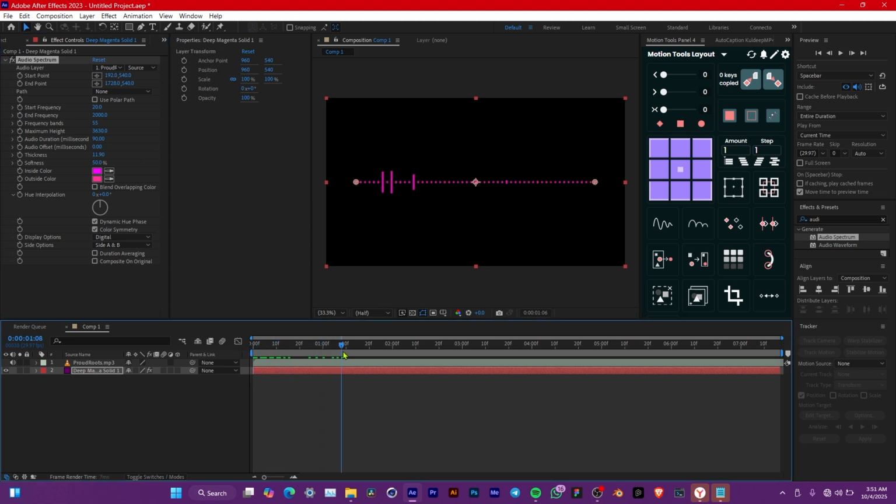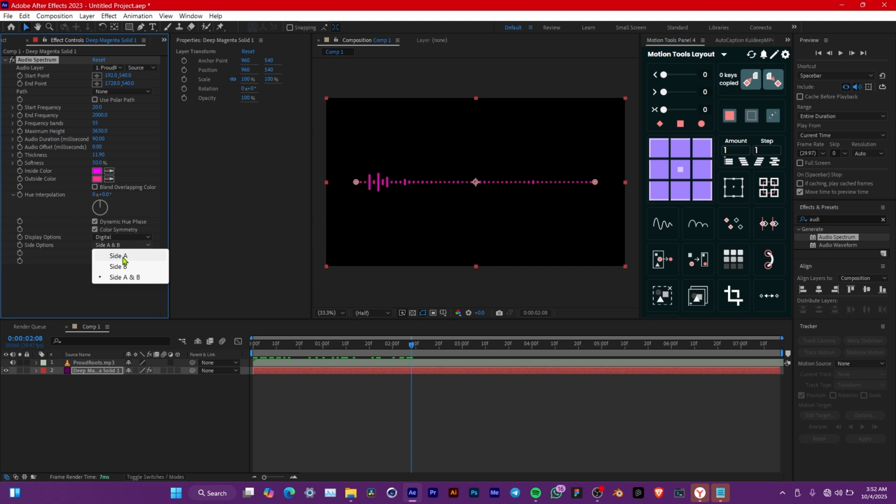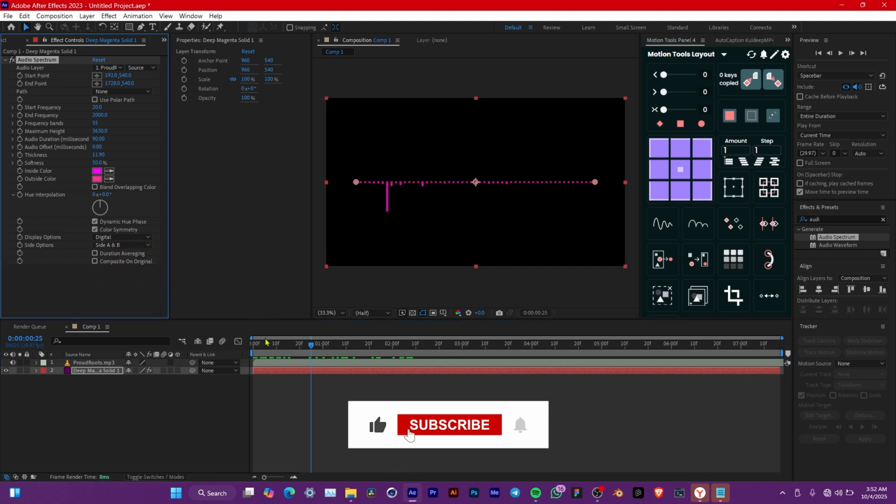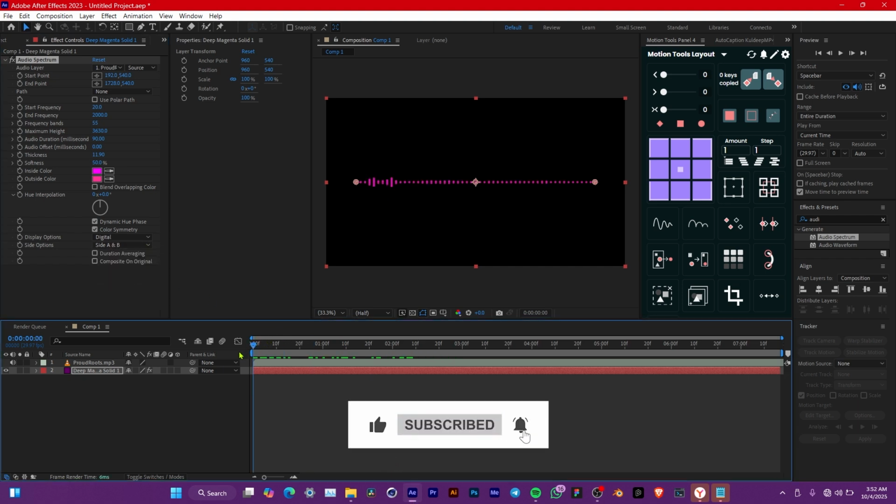So now if you want it to just be the up or the down, you can come to this side and say side A. If you select side A, it will only be the top. If you select side B, it's going to be just the down. So if you want both sides, you do side A and B. So if you play this now,